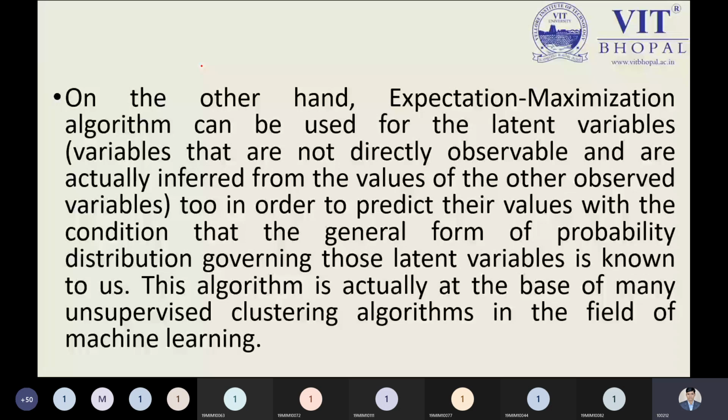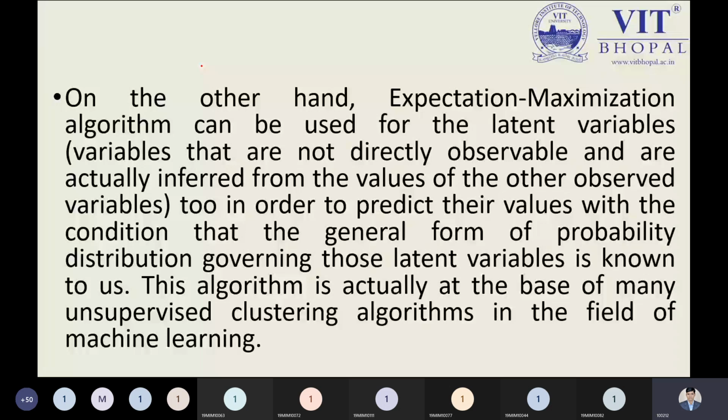And what are the other observed variables? That is the annual income. So the latent variable definition we can understand: the variables that are not directly treated as observable. They are treated as unobservable, used to infer your result and to infer your observable variable. That is the simple meaning. And from this EM model, we will try to predict something, and we will get some result following some probability distribution conditions.